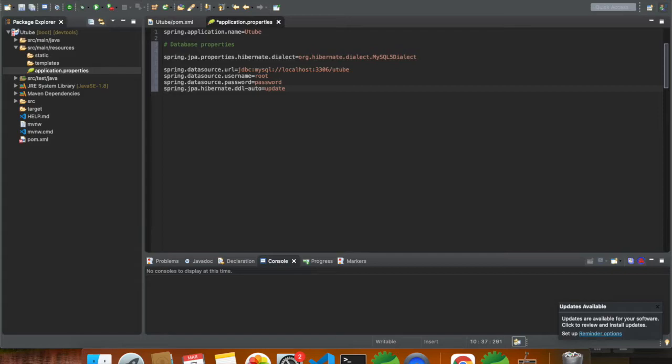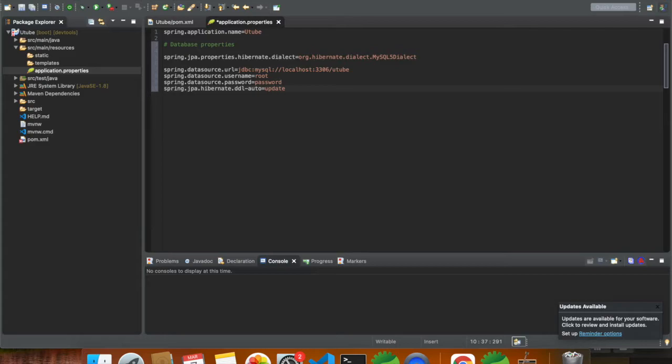Suppose we have created one table, and suppose we ran our application or we have started our application 5 times. So in case of create, it will create the same structure 5 times. Suppose we have saved some data in first or second run. So it will delete that data and it will create the structure completely whenever we run it.